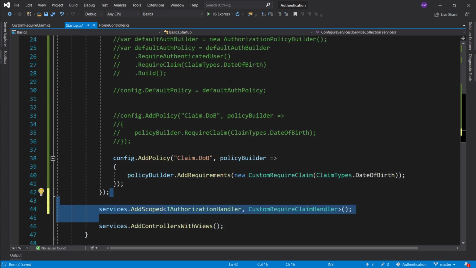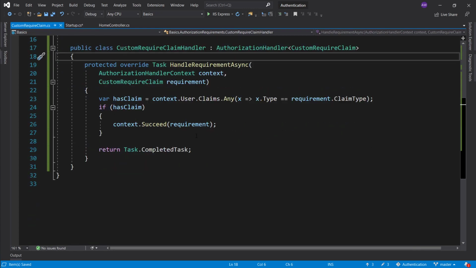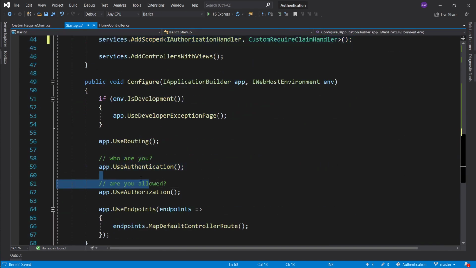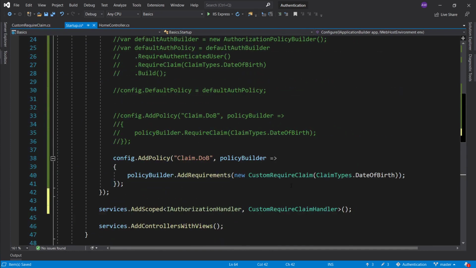Okay, and by the time it has processed all the requirements, it's going to see if all the requests have succeeded. And once all the requests have succeeded, it's going to go ahead and tell you, right, are you allowed to go here or not? And that's how the question gets resolved. So make sure that you add your handler to the services, and you register your requirement with whatever policy